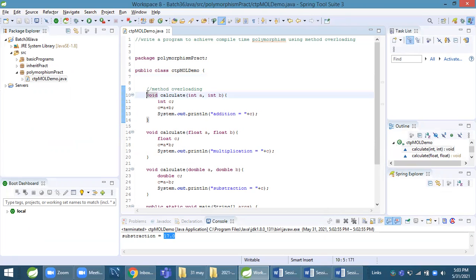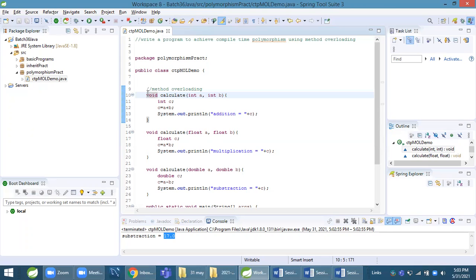Mahesh, yes. Please repeat the difference between compile time and runtime polymorphism. I'm not understanding. What is the difference between the two? In static polymorphism, meaning compile time polymorphism, the compiler knows which method call should be bound to which method body. But in runtime polymorphism, the compiler does not know which method call to bind with which method body.